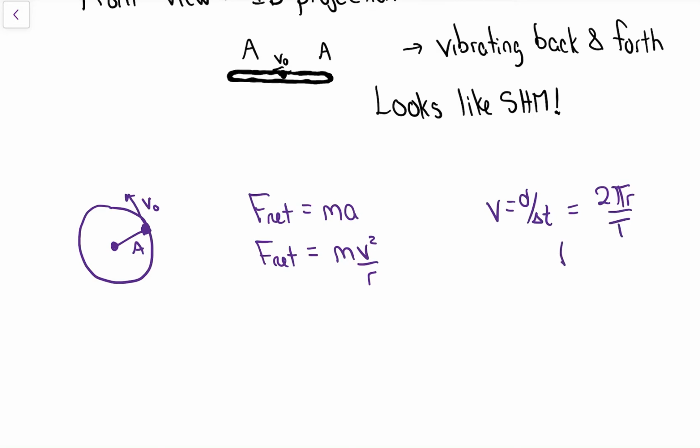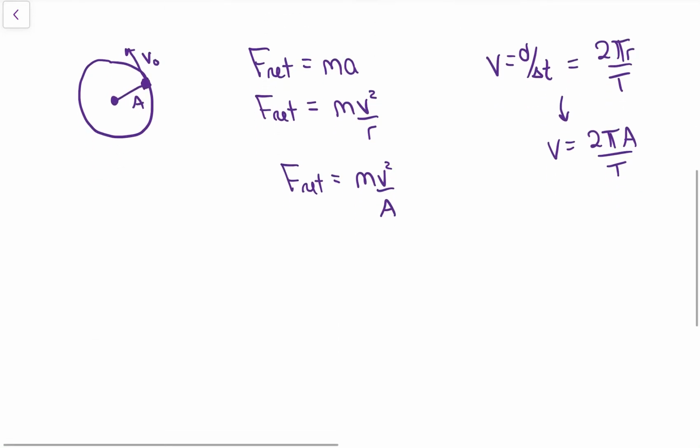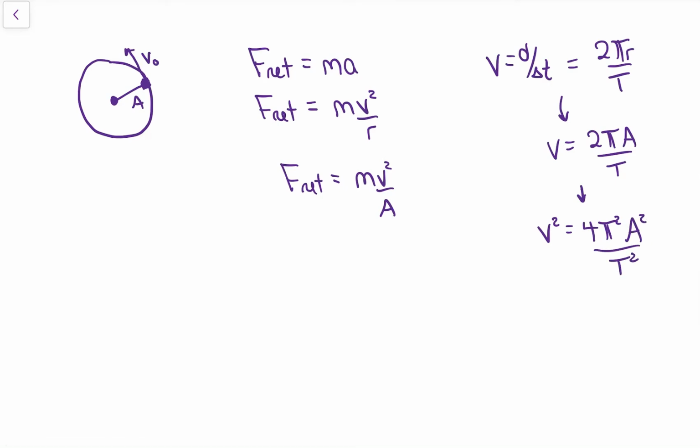We can go one step further. We know that the radius is letter A. And over here, we could do the same thing. F net equals mv squared over A, since that's the value of the radius. We need a v squared, so if I take this one and square it, we get 4 pi squared A squared over T squared. Subbing that into F net,